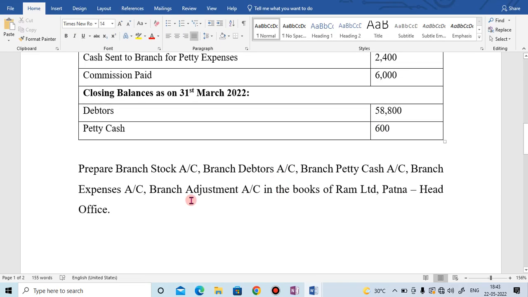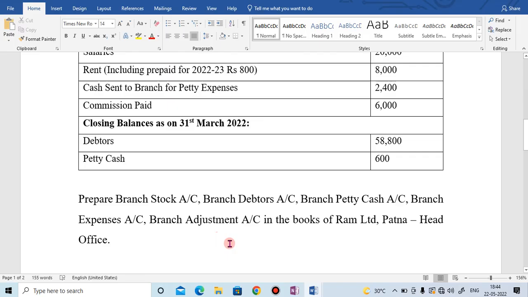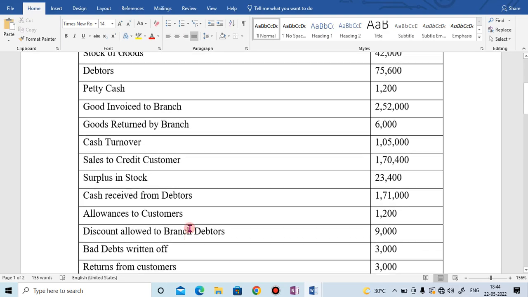Now next, it is given that we have to prepare the branch stock account, branch debtors account, branch petty cash account, branch expenses account, and branch adjustment account in the books of Ram Limited Patna head office. So in total we have to prepare 5 accounts in the books of Ram Limited Patna. So this is the question of